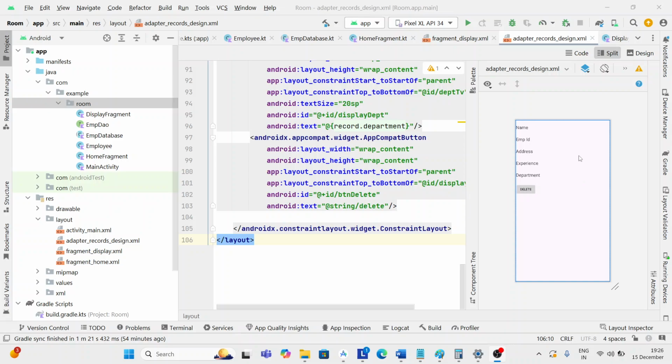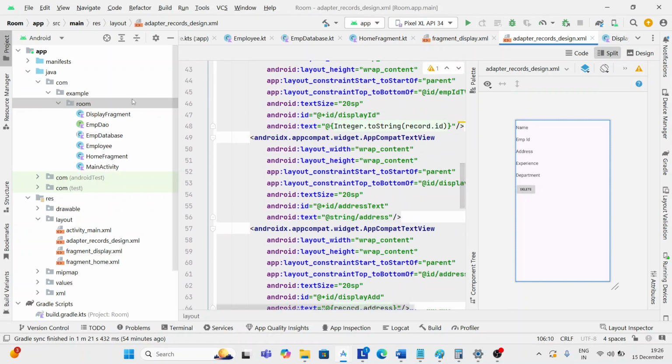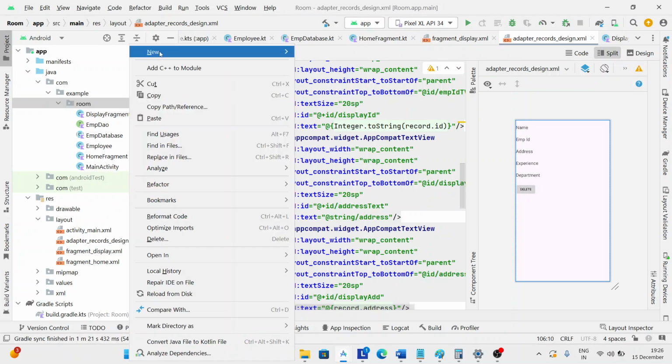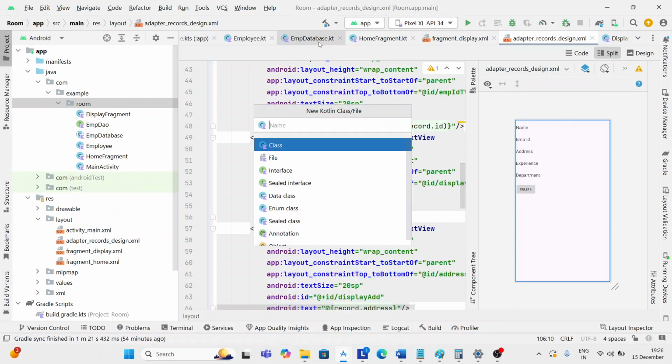Welcome to the new part of the Room database series. In the last part, we have successfully created the design of our recycler view adapter. Now we are going to create the class of our adapter. Okay, so first we need to take the class over here, right click over here and new Kotlin class file,